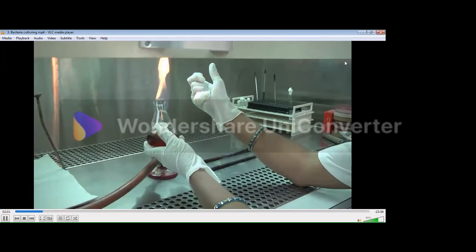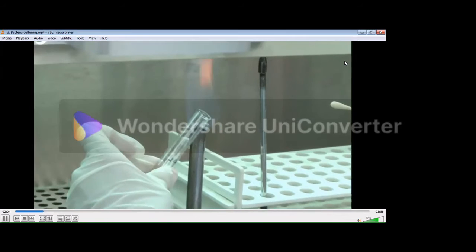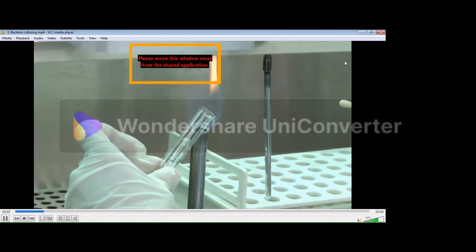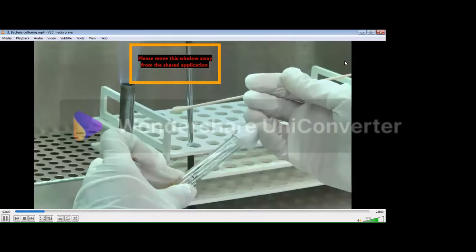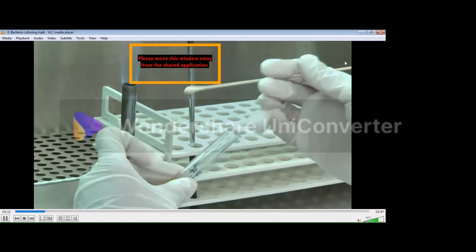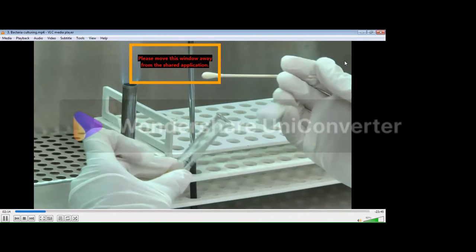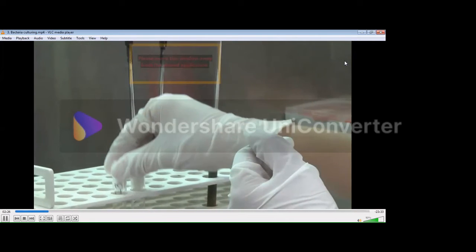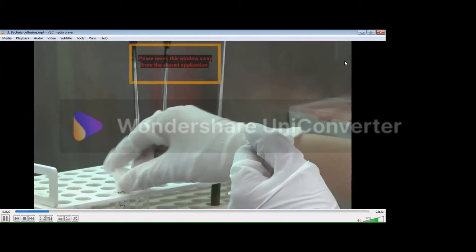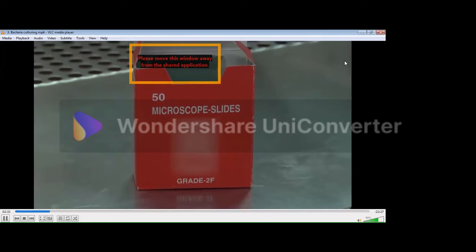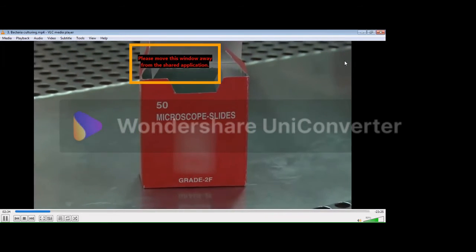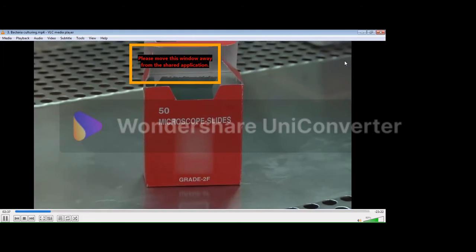Flame the necks of specimen bottles, culture bottles, and tubes after removing and before replacing caps or plugs. When inoculating, do not let the tops or caps of bottles and tubes touch an unsterile surface. This can be avoided by holding the top or cap in the hand. Always use racks to hold tubes and bottles containing specimens or culture media. Make slide preparations from specimens after inoculating the culture media.